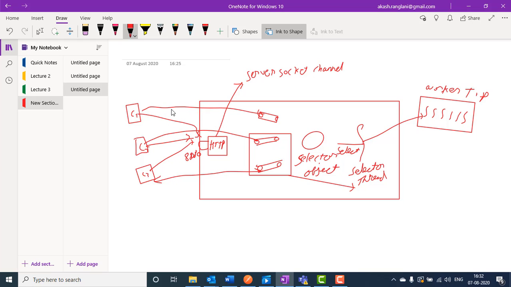There is one more concept in this. In a few implementations of HTTP, there's a possibility they will not use this worker thread pool. Instead, they will use different selector threads. So let's say I have 1, 2, 3, 4, 5 selectors and this 6th, so there will be 6 selector objects, and once I get the request